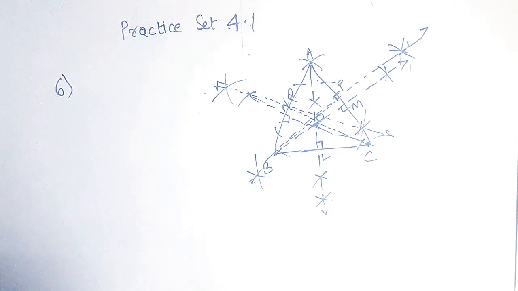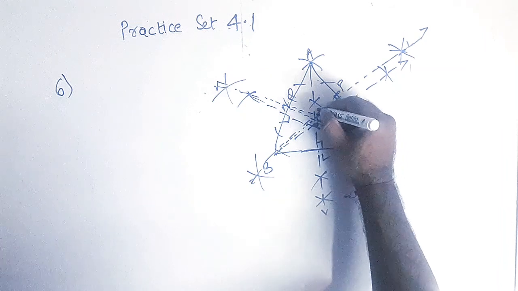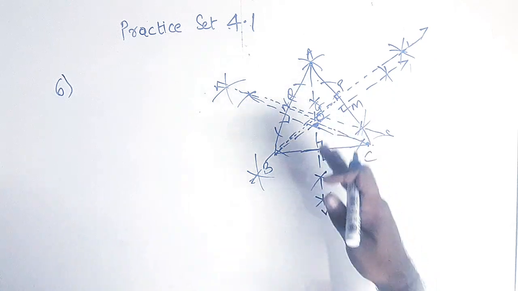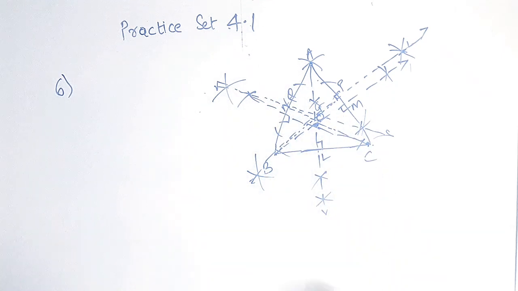Okay. Now they have asked to write the observation. To write the observation, what you are observing. Okay. So the centroid G, you can see centroid G is slightly above. Okay. So the centroid G and the orthocenter O, they lie on the line which is perpendicular bisector of base BC. Okay, they are on the same line. Okay, so you will write the observation.